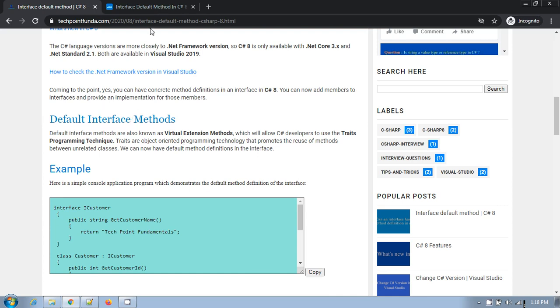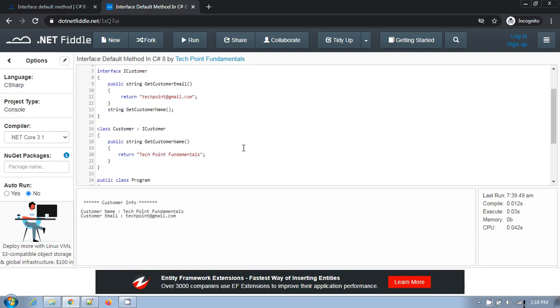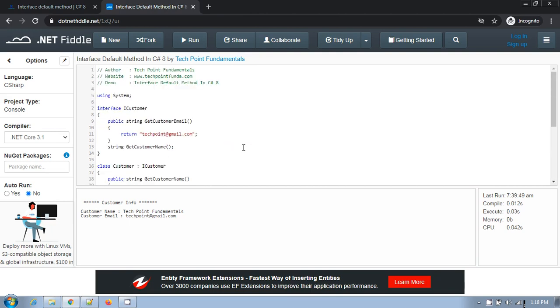So let's quickly see a practical demo for default interface method. Here I have created a simple console application program where I have created an interface ICustomer, in which I have defined an interface method with a default body, where I am simply returning the name and email ID of the customer.